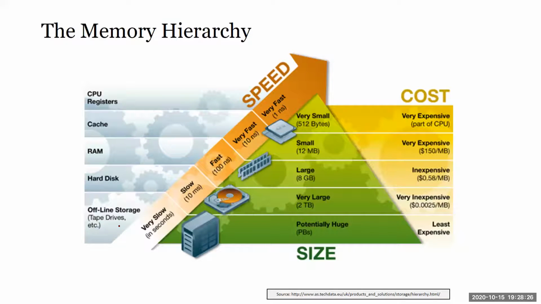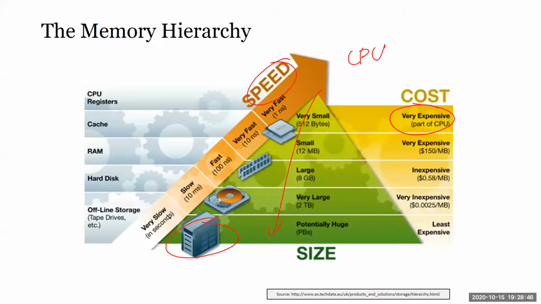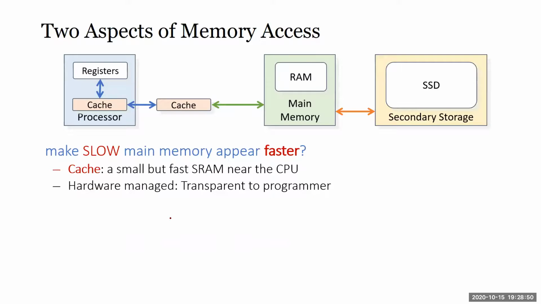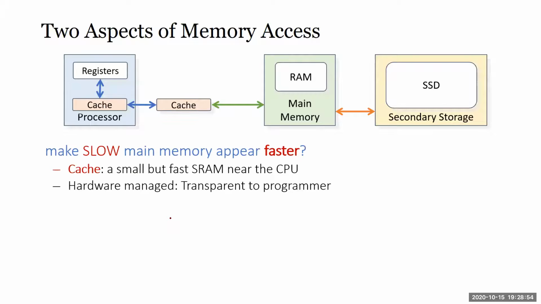So this is the best of both worlds: very fast but very expensive near the CPU. As you go further and further away from the CPU, here is like tape drive and storage, you are miles and miles away from the CPU already, and you go very slow. We can talk about this later. Let me see where we can start. We start with cache, so let's talk about this last part here.